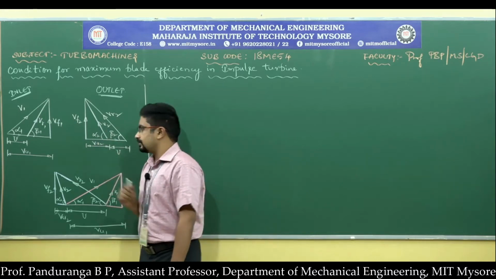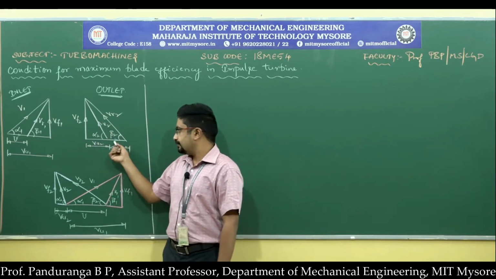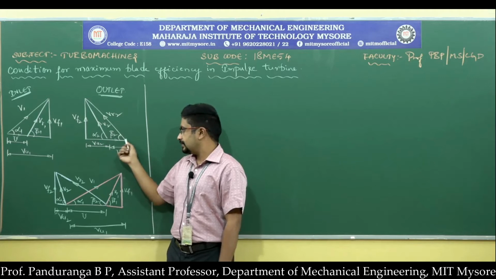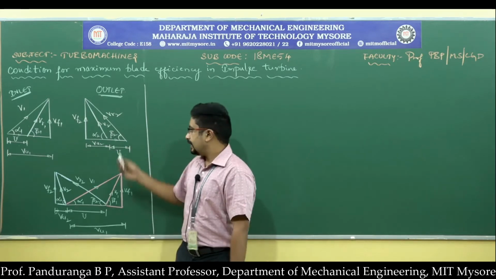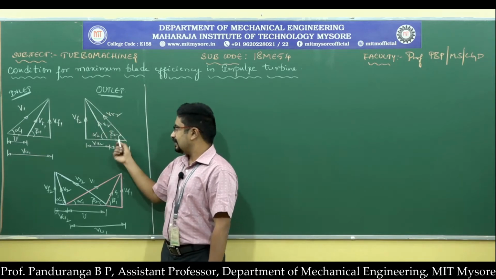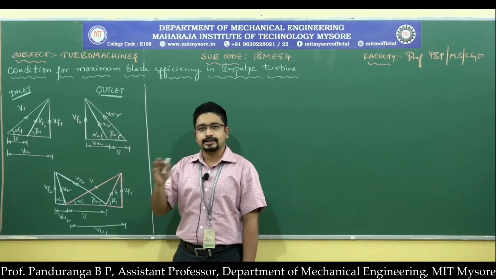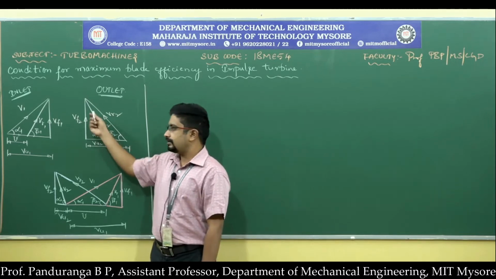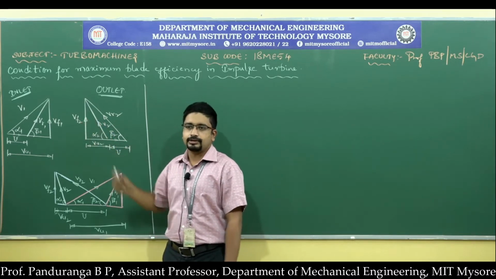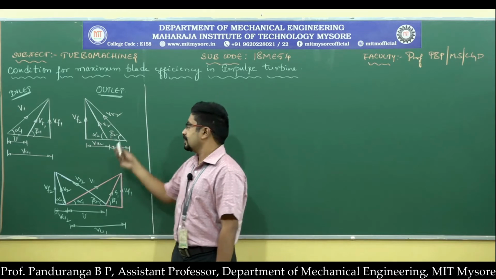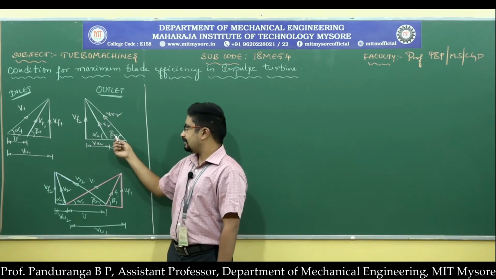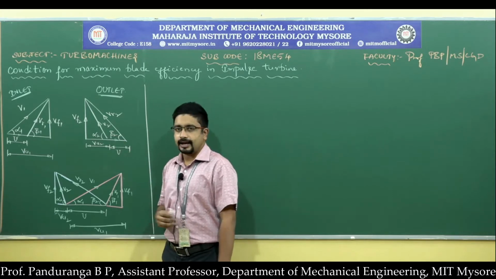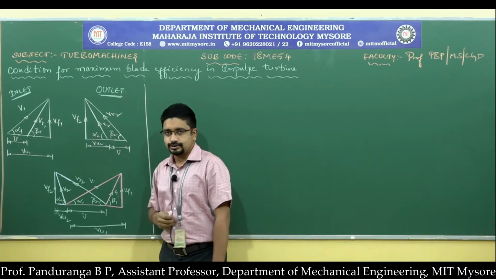When it comes to the outlet velocity triangle, again here we have u, which from here till here it is u, that is the base for construction of velocity triangle, and then we have VR2. So u and VR2 will be in the same direction, and V2 will be in the opposite direction. So we have VR2 here and we have V2 here. The angle made by VR2 is beta 2 and the angle made by V2 is alpha 2.